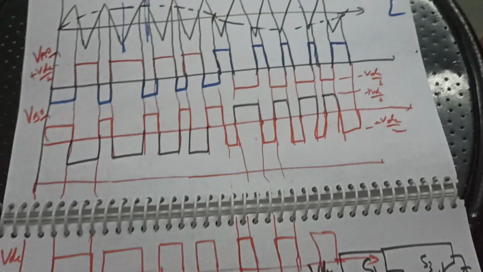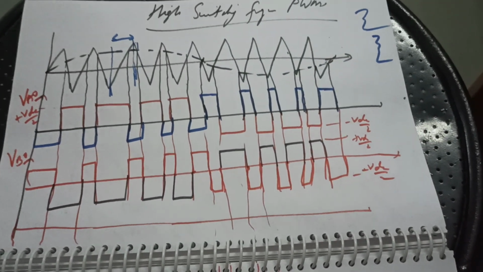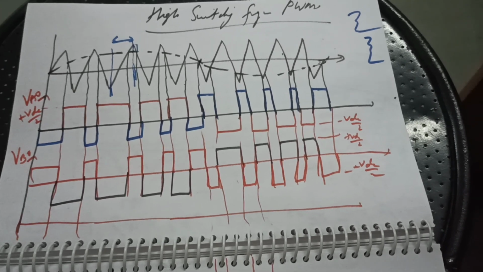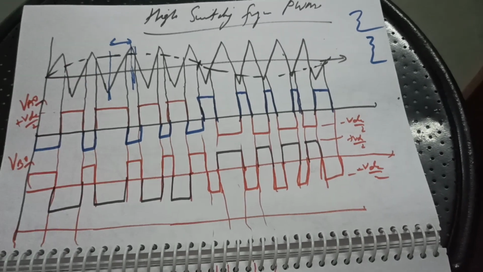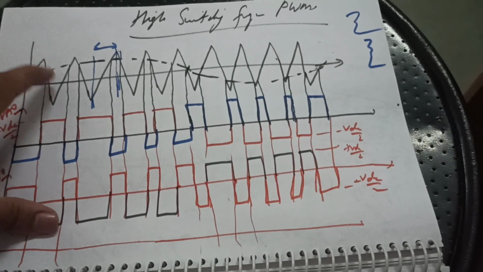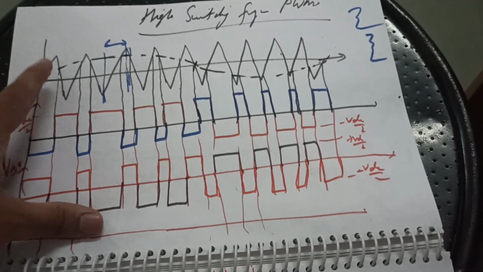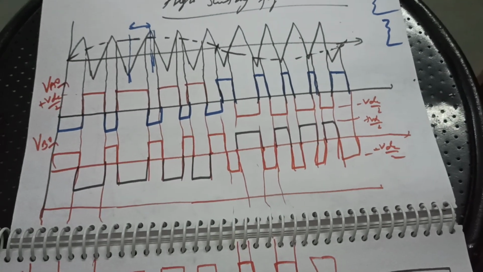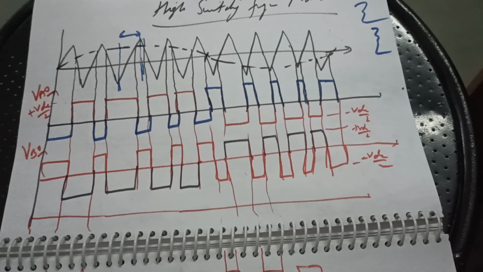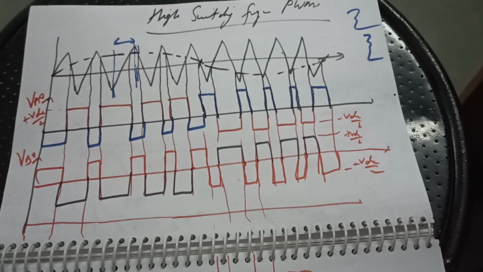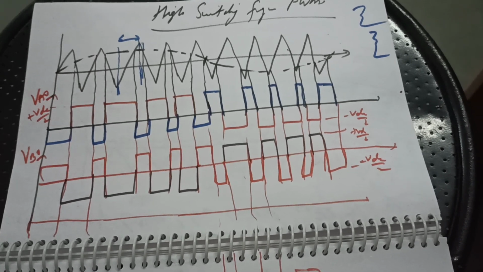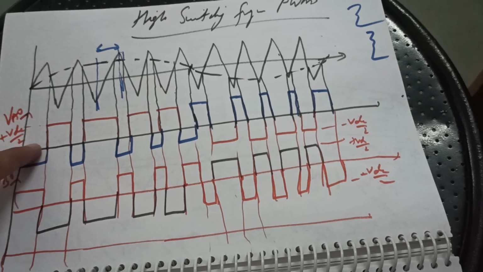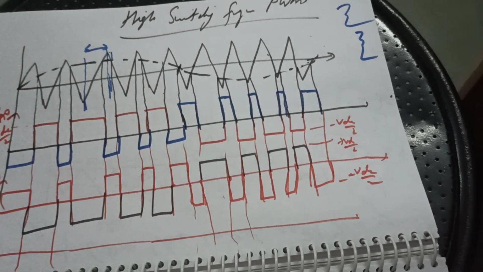Now I am coming back to high switching frequency PWM. After the low frequency part, let's move on to the high frequency part. Again, the sine wave is compared with the triangular wave. Whenever the sine wave is greater than the triangular wave, you are sure to get this part. The pulses are obtained, that is VA0 is plus VDC by 2, or we can say that during this part, S1 and S2 are on,